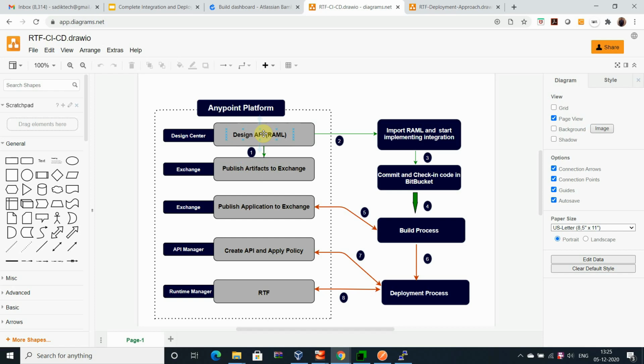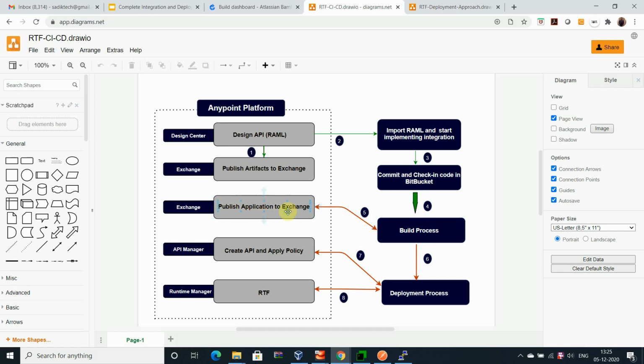Then we import into the studio, and perform the repository check-in and check-out. Once it's done, the Bamboo process will start executing, and it will extract the code changes or code from the repository and publish to the Exchange.